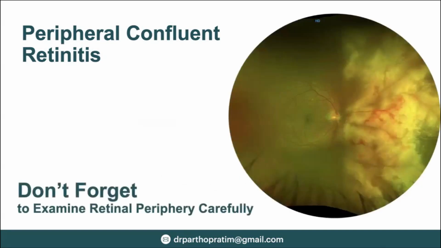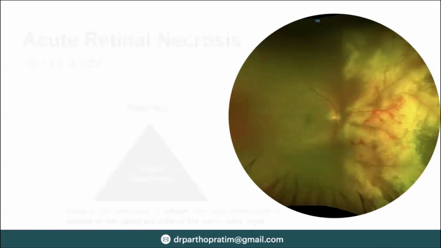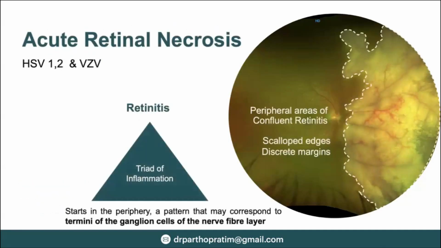But if you dilate and see properly, you can make out that it is a case of acute retinal necrosis. So the lesson is that you should not forget to examine the retinal periphery carefully. Now, when we are talking about ARN, you have to understand that ARN is characterized by a triad of